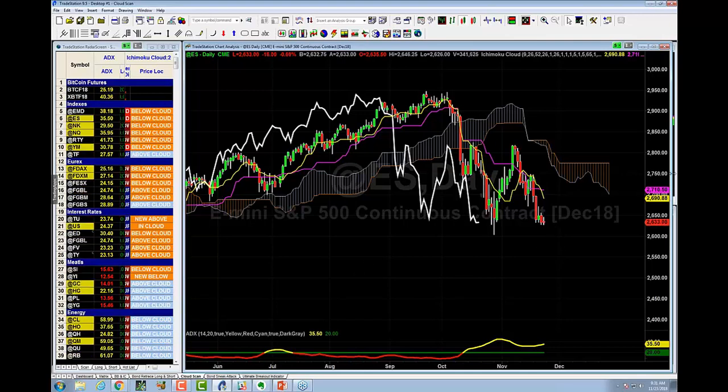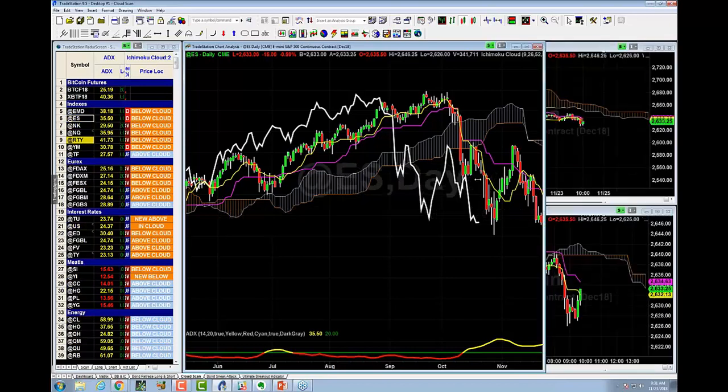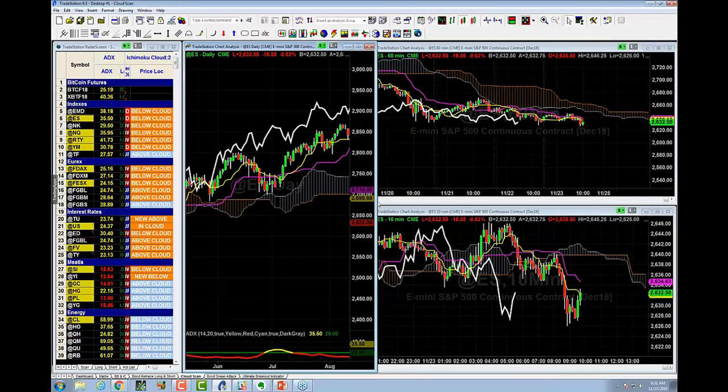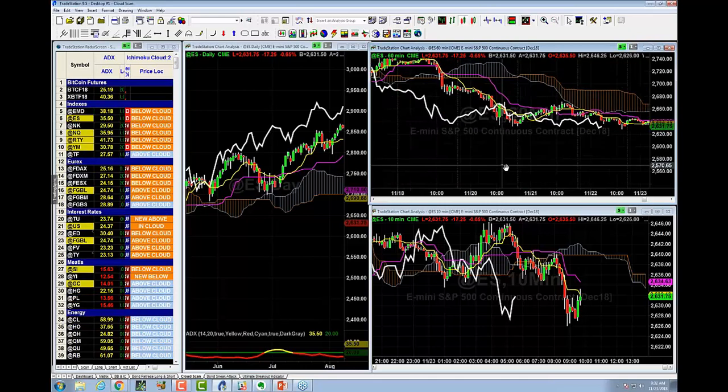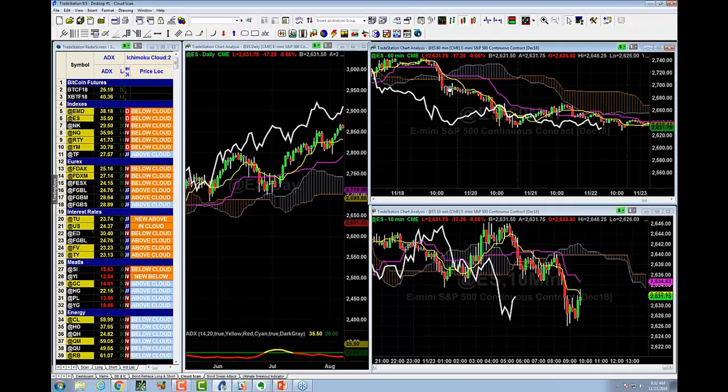Now, if I want to drill down into smaller time frames, I can say that the 10-minute is below the cloud. Now, how far did we say that was going to look in the future? A 10-minute was saying, all right, we're probably going to have 4 hours of down move on the S&P 500. So when it broke right here, I should have 4 hours to play the downside. Now on the 60-minute, what did it say on the time frame analysis? If I break a 60-minute time frame, I'm good for how many days? At least 3. So there's 1, 2, 3.